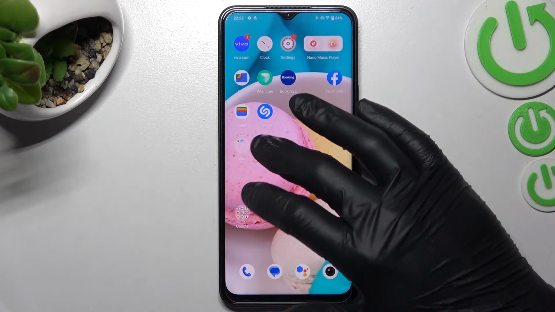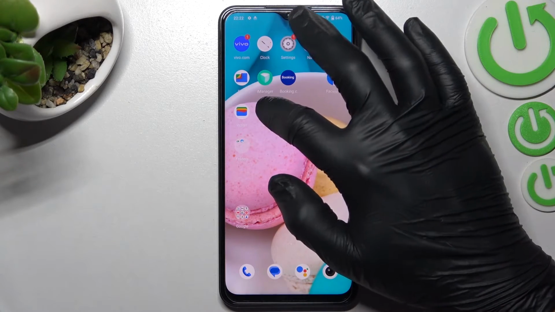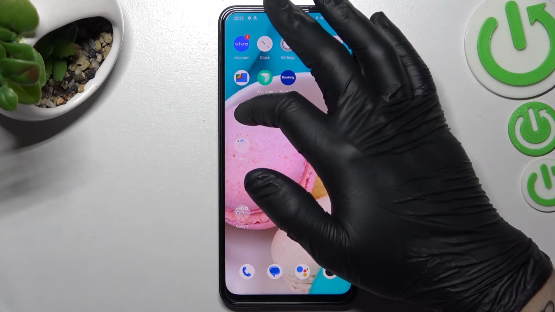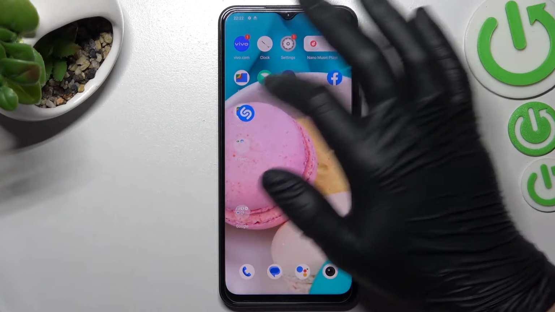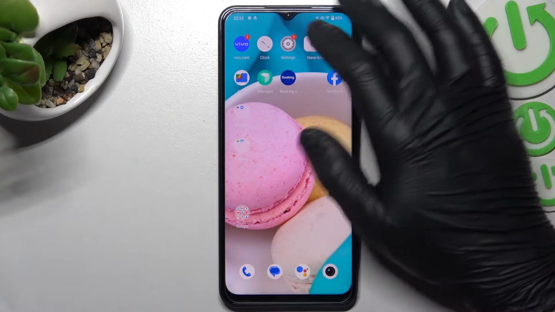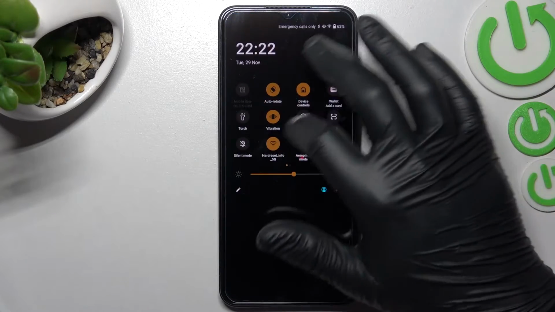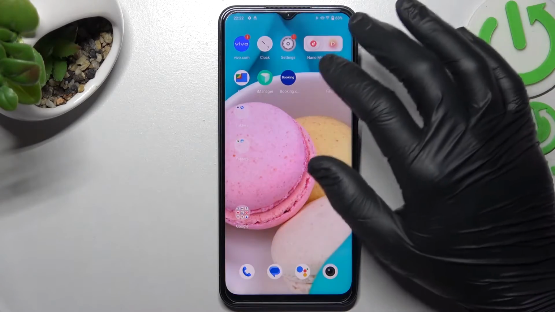Okay, so you can make a folder on this device by tapping the app icon and sliding it onto the other app, like this. But if you want to change the icon color of the menu bar, you have to